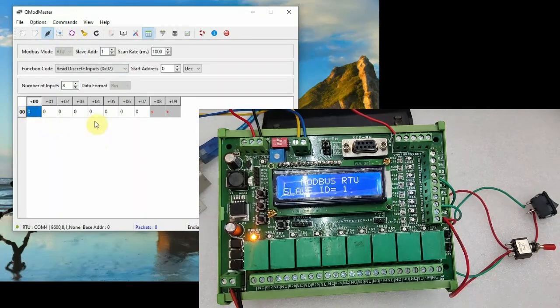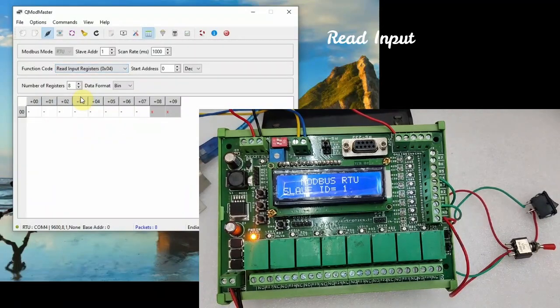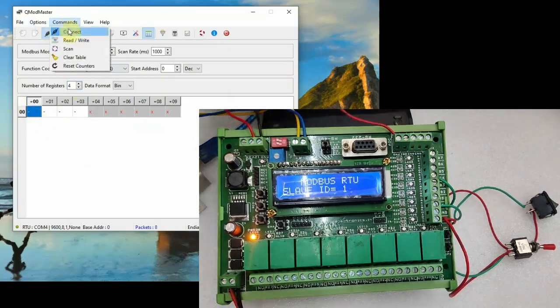Finally, we will check the read input registers, which is analog input testing. Select the read input register, that is 0x04, and the number of registers is 4, as we have got 4 analog inputs in our RTU. Number of registers is 4, and then click OK. We get 4 address locations,